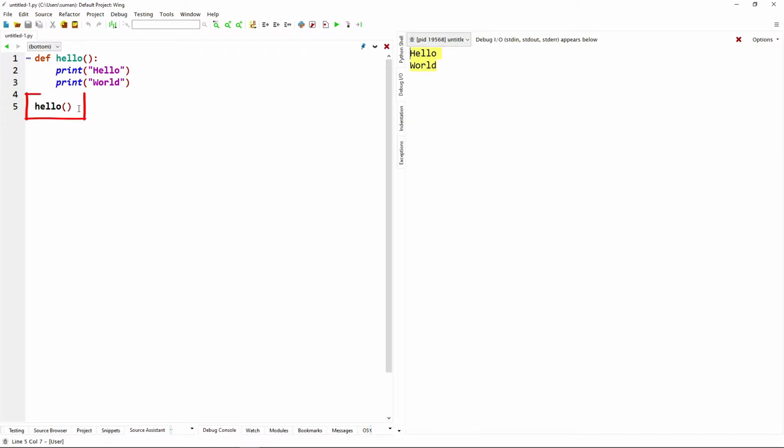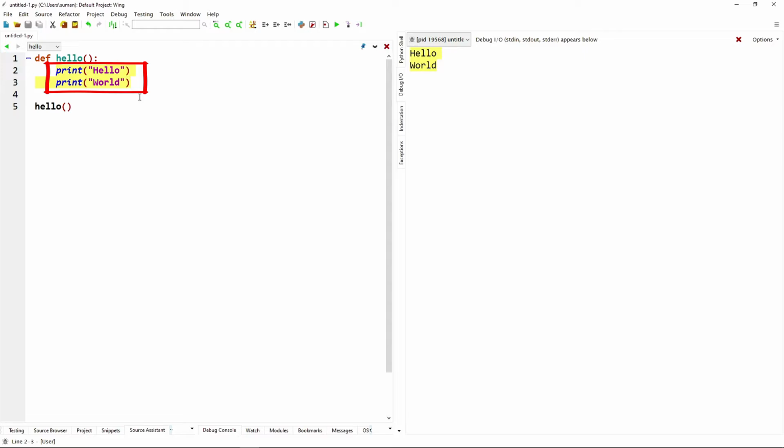At first, we call the function hello. Then control jumps to the function, that is the function header. Then the body of the function is executed.